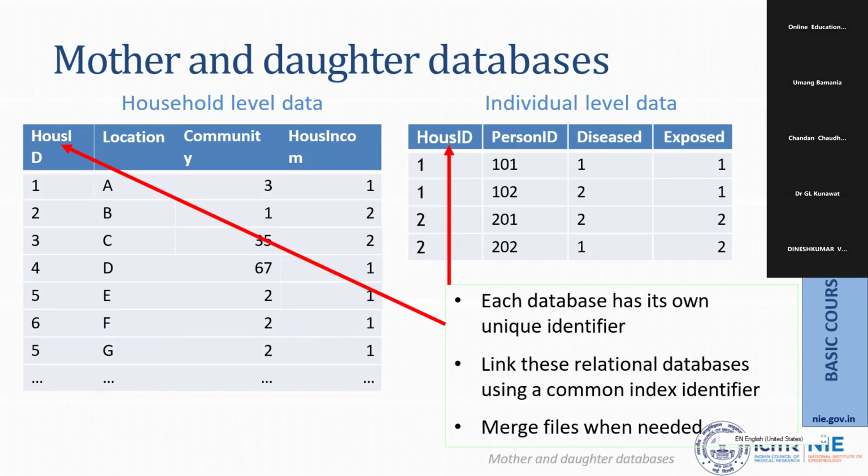तो हाउस आईडी 1, दो हाउस, पहले हाउस में से दो पर्सन है, 101 एंड 102, उसमें डिसीज हुआ है कि नहीं उसका कोड किया हुआ है हमने, तो इंडिविजुअल लेवल का डेटा है। और लेफ्ट हैंड साइड में हाउस होल्ड लेवल का डेटा है। तो हम उस ईच डेटाबेस को हम यूनिक आइडेंटिफायर जो हाउस आईडी है उससे हम वो मर्ज कर सकते हैं, लिंक कर सकते हैं।